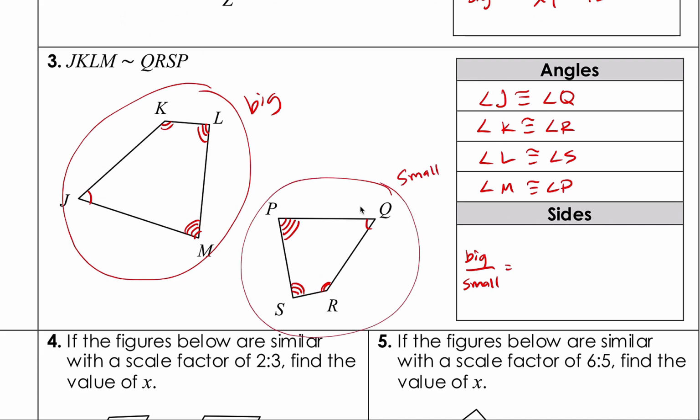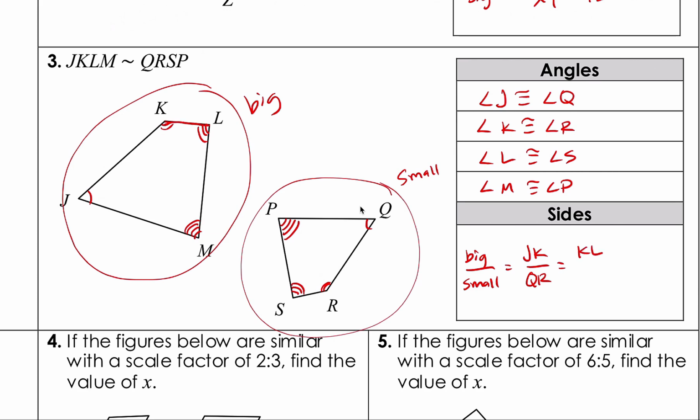So I'm going to pick JK. So JK is a side. Now what is the matching side to JK on the small quadrilateral? Well, JK goes to QR. Matches with QR. So I make a ratio of those two. And that ratio equals, let's do KL